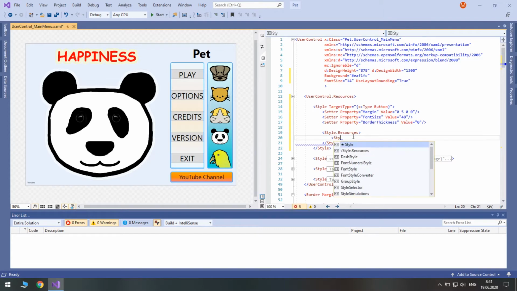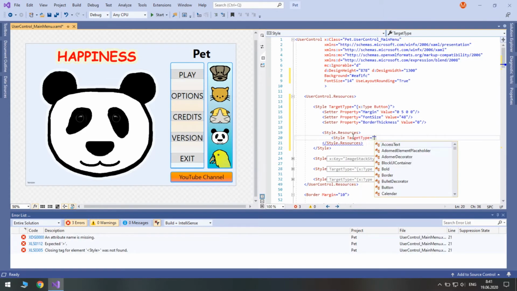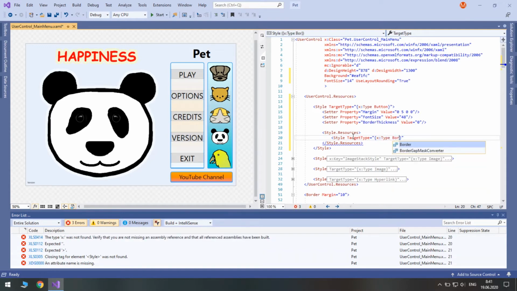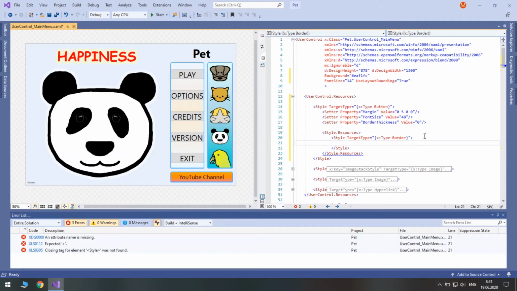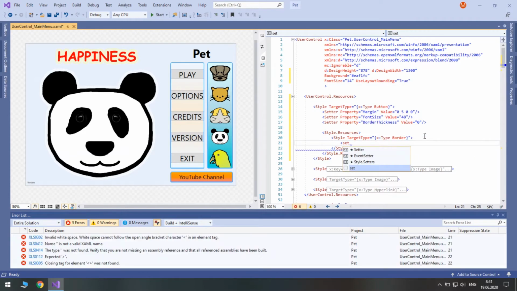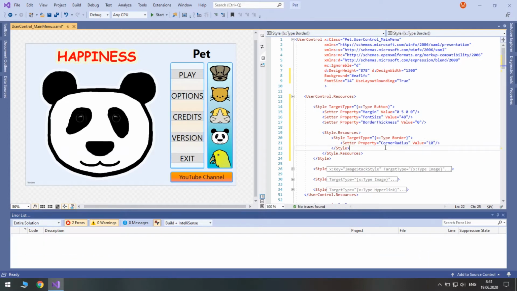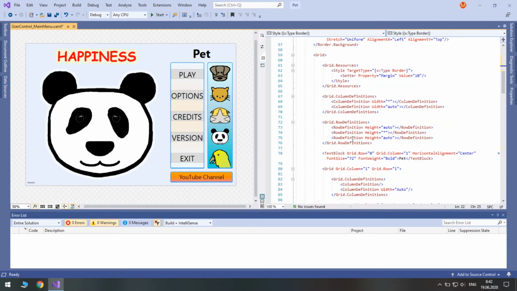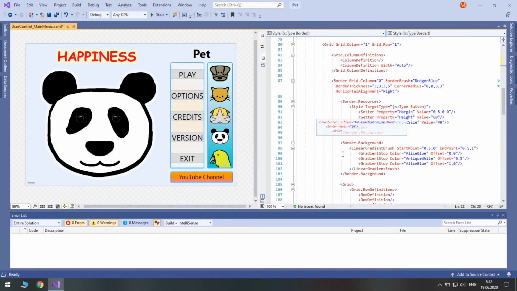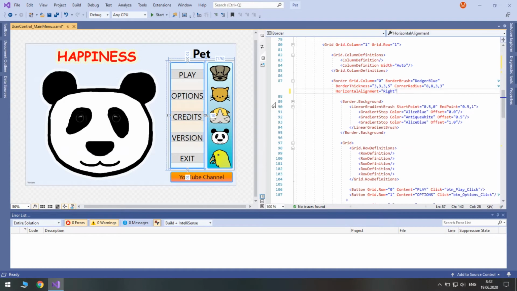And here again we set the style for the border, so xtype border. And here we will set the corner radius to say 10. Now, in order to see the changes, we need to remove the border resources from here.